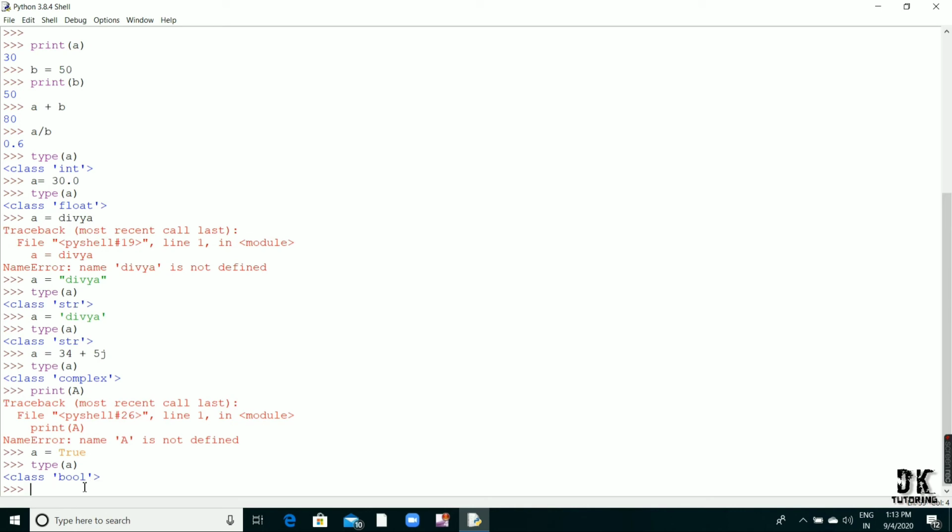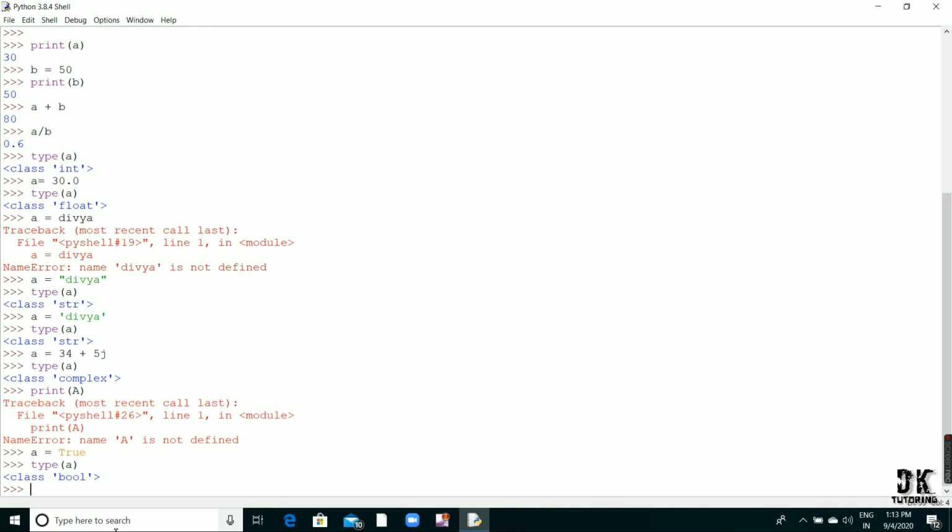So this is a boolean. These are the general data types that we use in Python: integer, float, string, complex number, boolean. These are all known as primitive data types. Here we saw the use of primitive data types and how to define them.